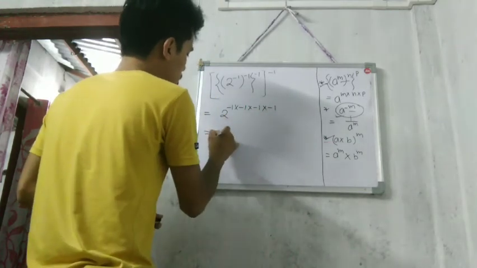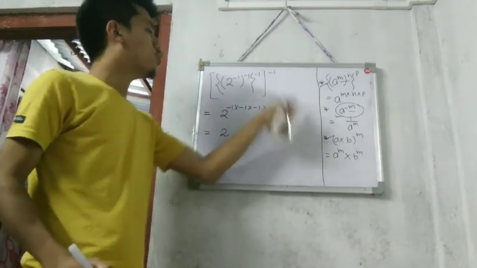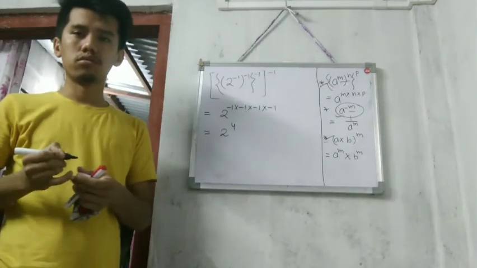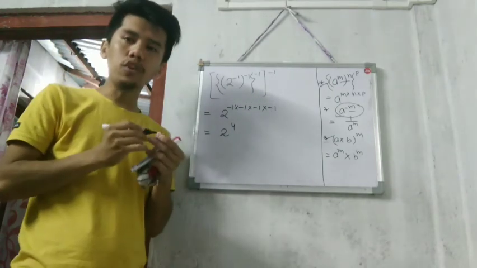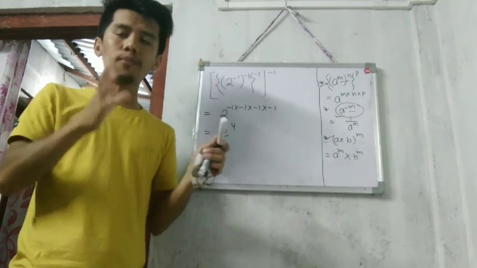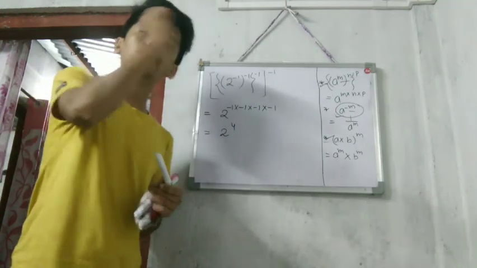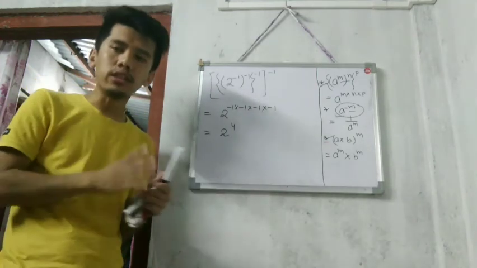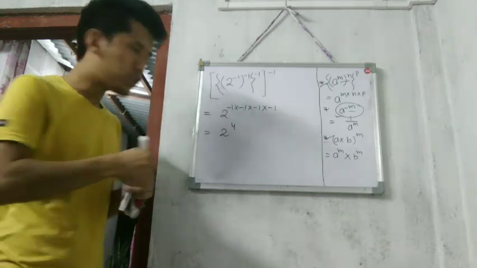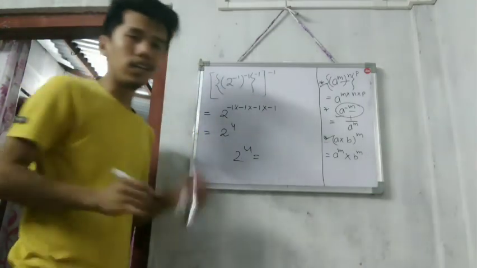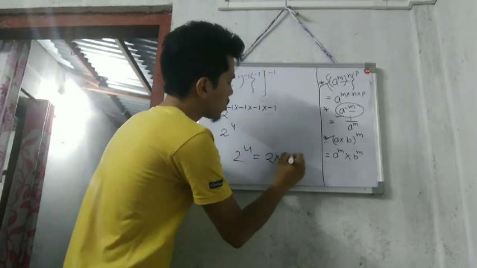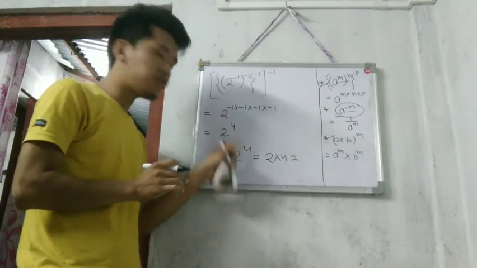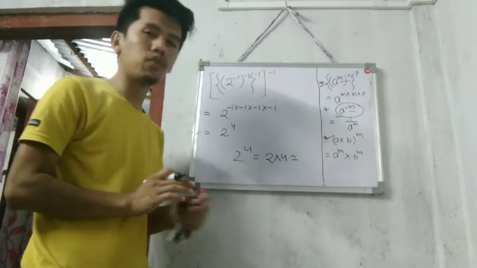Now see, 2. Now multiply 1 four times. You have to listen carefully. You have to understand the game of this power. If I say 2 to the power 4, that means you have to multiply 2 four times. It doesn't mean you have to multiply 2 and 4. Understood? If I say 2 to the power 4, it doesn't mean 2 into 4. This mistake happens very often. So the power is 4. It doesn't mean you have to multiply 2 and 4. This is wrong.